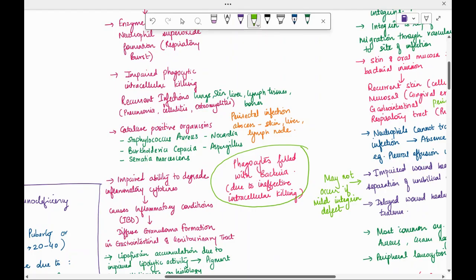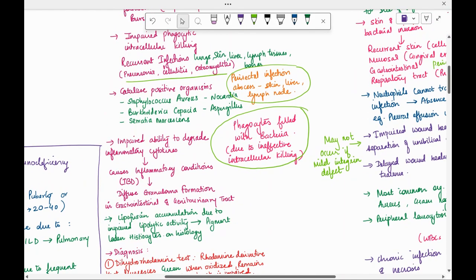Okay. Now, there are recurrent infections in the lungs, skin, liver, lymph tissues, bones. So usually this patient has recurrent pneumonia, cellulitis, osteomyelitis, and perirectal infections, and abscesses in the skin, liver, lymph nodes are very common. So now, okay, why is this person only affected